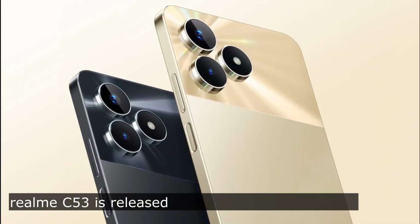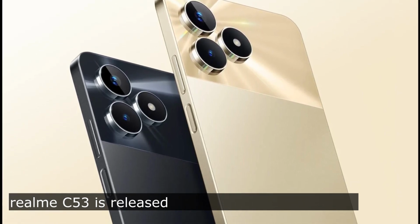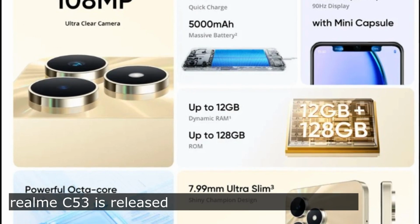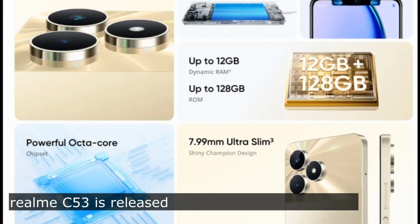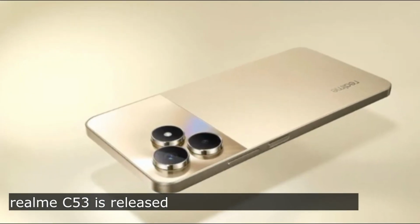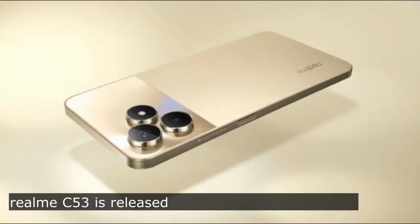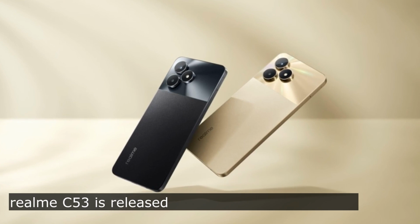Realme C53 is presented. The manufacturer has equipped the smartphone with a 6.74-inch IPS screen with a resolution of 1600 x 720 pixels and a frequency of 90 Hz, a touch sampling rate of 180 Hz, and a peak brightness of up to 560 nits. The heart of the smartphone has become an 8-core Unisoc T612 processor, working in conjunction with 4 or 6 GB of RAM and 64 or 128 GB of flash memory, with the ability to expand up to 2 TB via